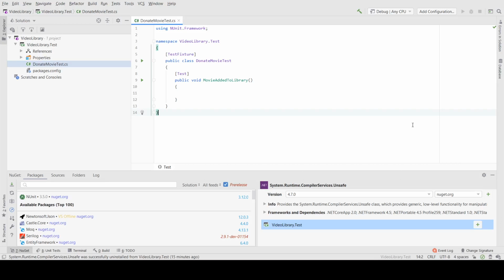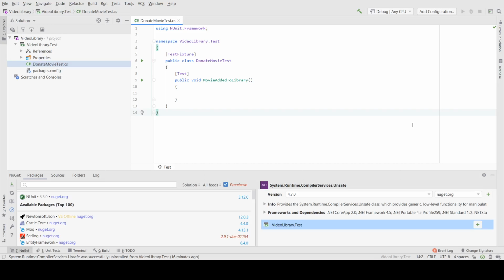Now, the way that we've envisaged, the way that our customers have asked us to build this, is when we add movies to the library, rather than having to enter all that tedious information about the title and the year and all that kind of thing, we just look up the IMDb ID of that movie, and our system will automatically fetch that information from IMDb using the IMDb API. So we want to test that our movie is added to the library using that information that is fetched from